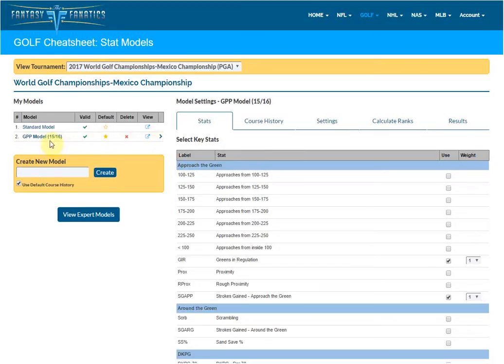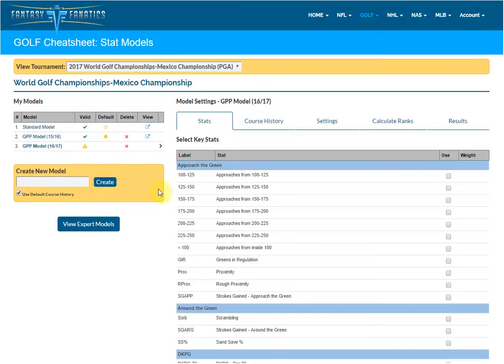You can see I already have one created called GPP model 1516. That's using last year's stats. So what I'm going to do is create a new model exactly the same, except it's going to use the new season stats 1617. I'm going to use the default course history here, and we're going to set up the